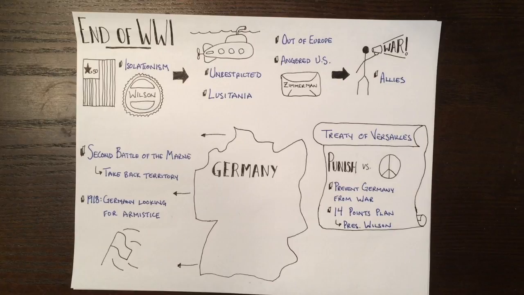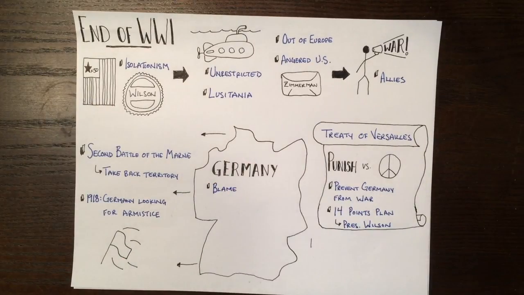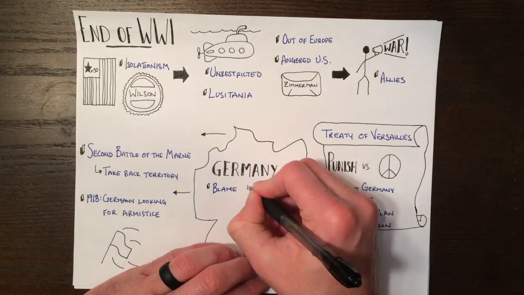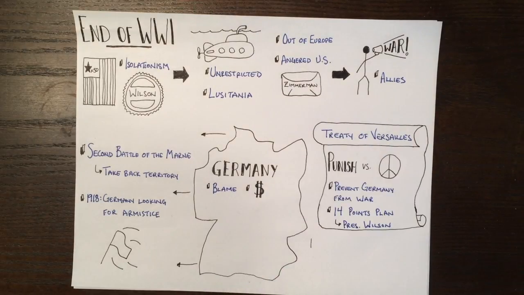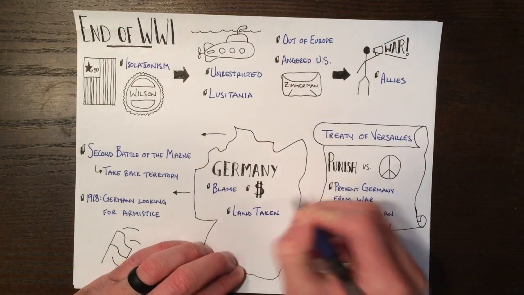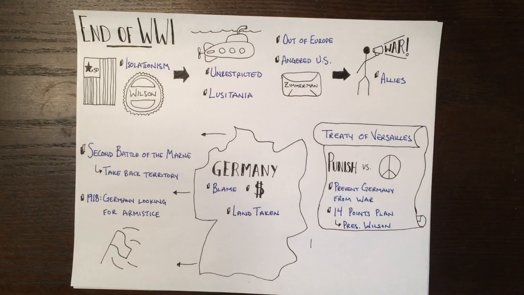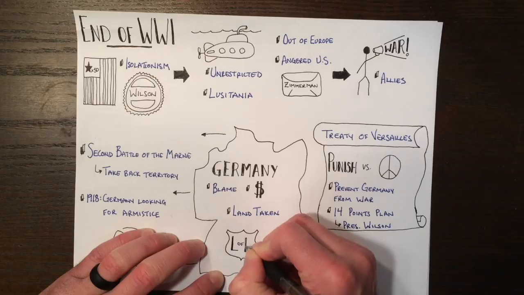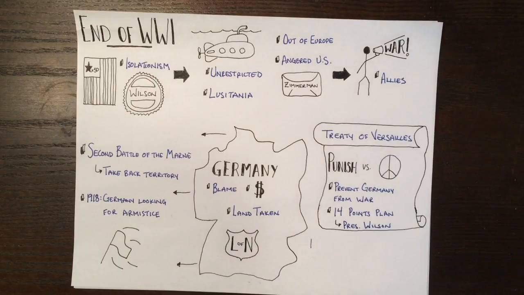The Treaty of Versailles came up with these terms. Full blame for the war was placed on Germany. Germany was ordered to pay war reparations, and land that once belonged to France and Russia that was conquered by Germany was taken away. The 14 Points Plan did not work, but the idea of a League of Nations was included. The League's main goals were to encourage cooperation between nations and keep peace.